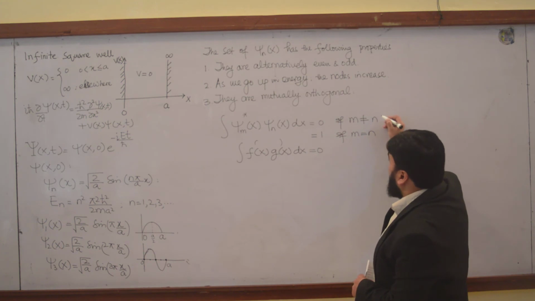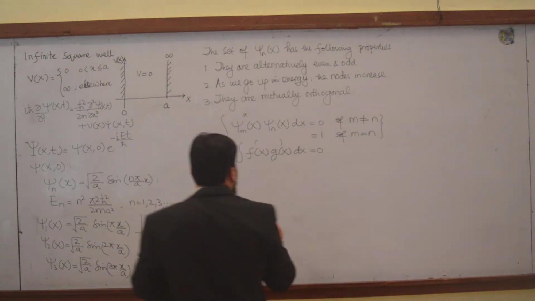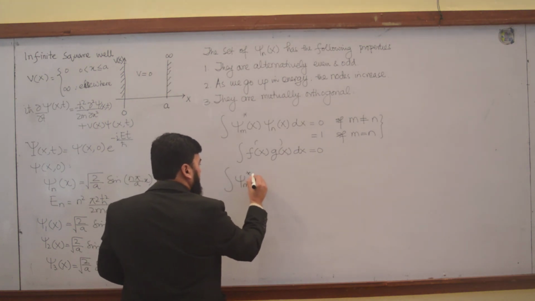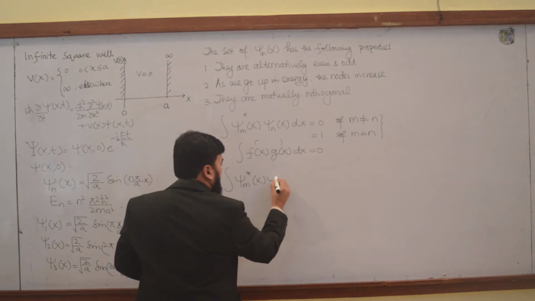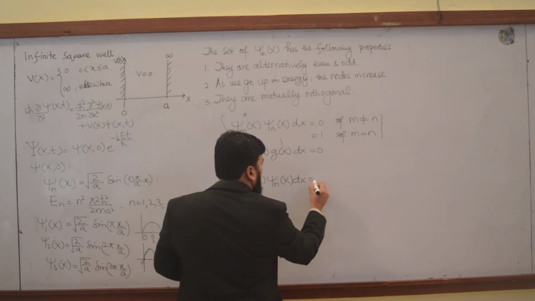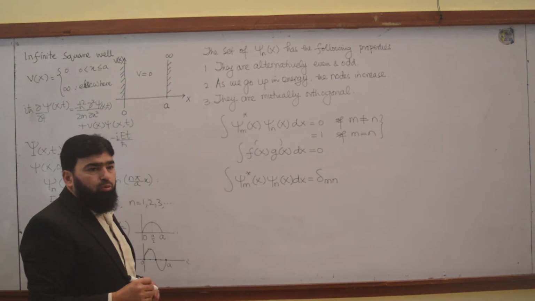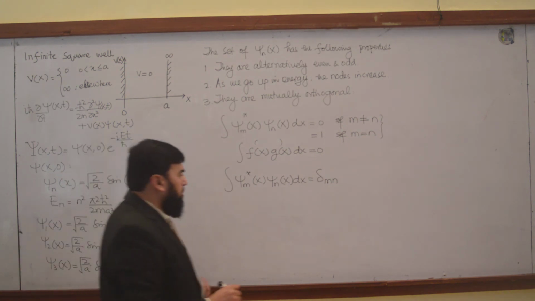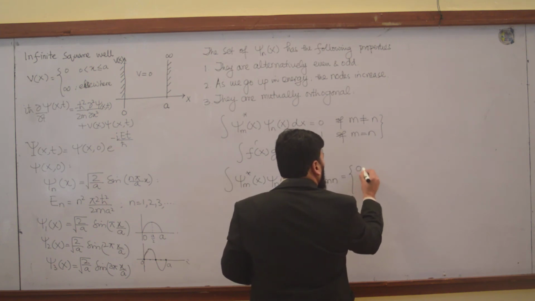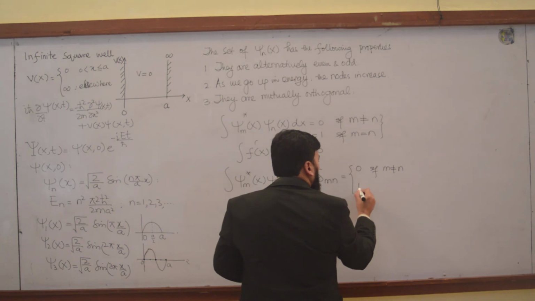These two I can write in a combined form. You know about the Kronecker delta. The integral of psi m conjugate of x psi n of x dx is equal to delta mn. The Kronecker delta is that this will be equal to 0 if m is not equal to n, and this will be equal to 1